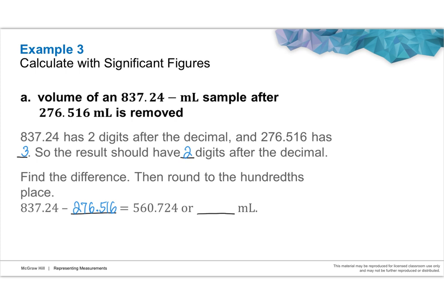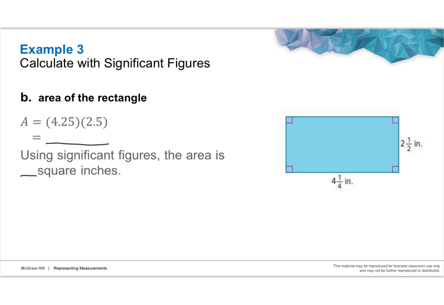So again, remember our rounding rules. We're going to look at the digit to the right of where we want to stop, and that 4 is not going to move us up to the next hundredth. So we're just at 560.72 milliliters. In our area example, which is multiplication, we have the dimensions 4¼ inch and 2½ inch written as